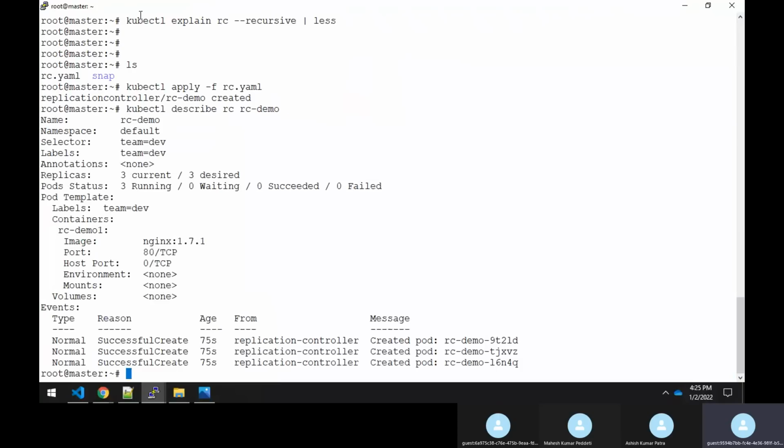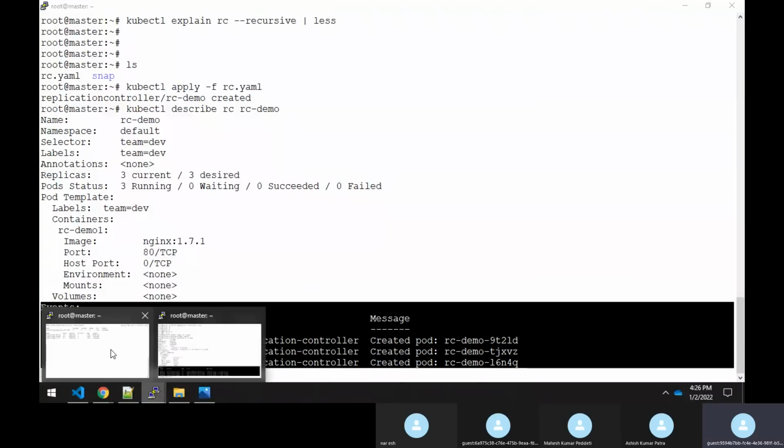It says the name is rc-demo, the selector is team=dev, the label is team=dev, replicas is 3. It means currently it is running 3, and desired is 3. It means I always need to have 3 pods running. All the pods are running, and this is the image nginx 1.7.1, the version which is running in the pod within a container. And these are the events.